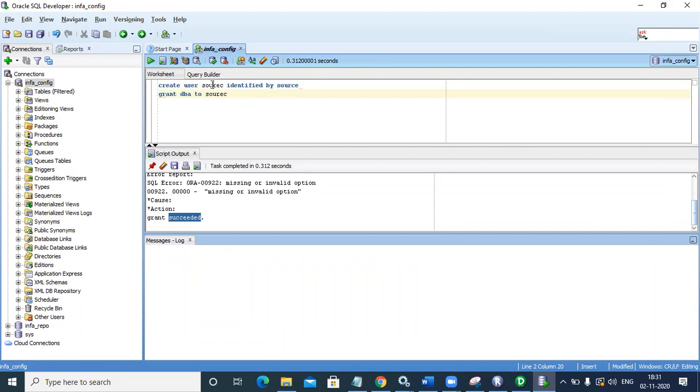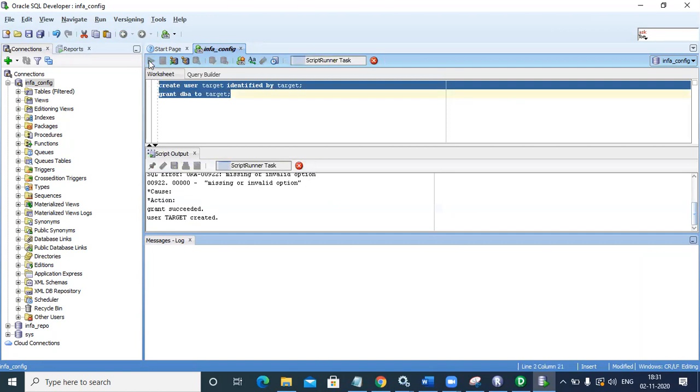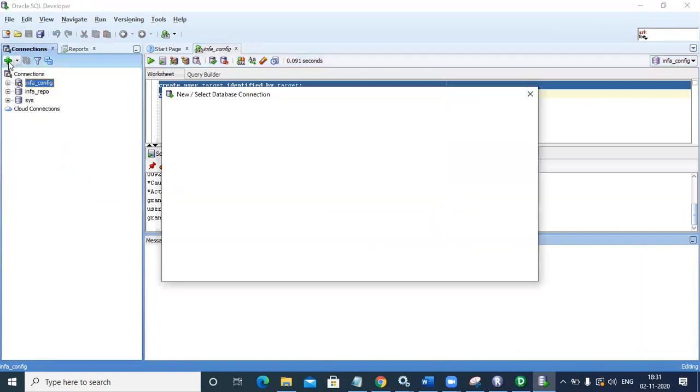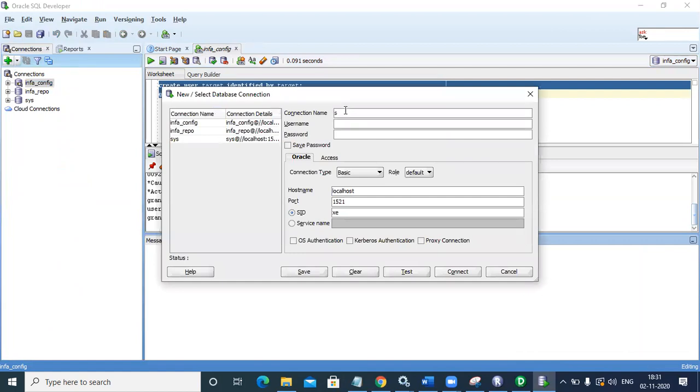Same way, we'll create one more user, target. Grant DBA to target. Now see, two queries I'm running in one shot. If you run that, user target has been created and also the grant has succeeded. Now, if you want to add those connections, you need to show your